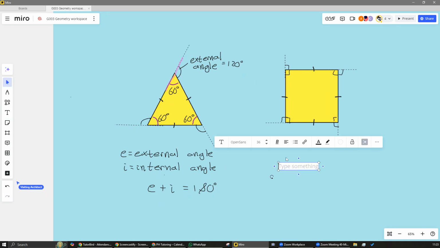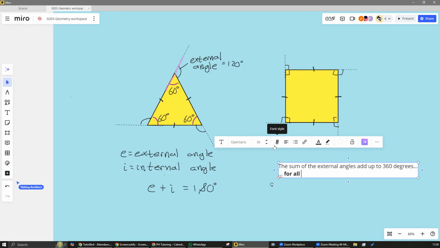This is the important rule that we're going to notice, that the sum of the external angles add up to 360 degrees. And this is the key thing here